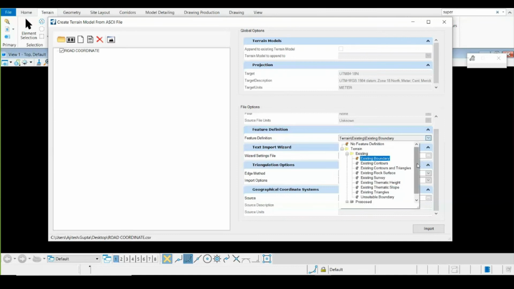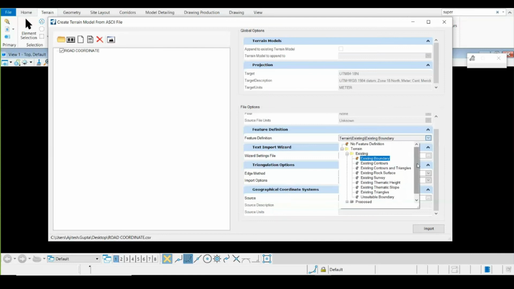Basically feature definition is equivalent to your style set and feature files that you used to have in MX, your PSS and FNS files. The main importance of those files is that if you want to create your chainage tools or your CAD standards, like the color of the line, the line width and line text, all those things are now defined by feature definitions.